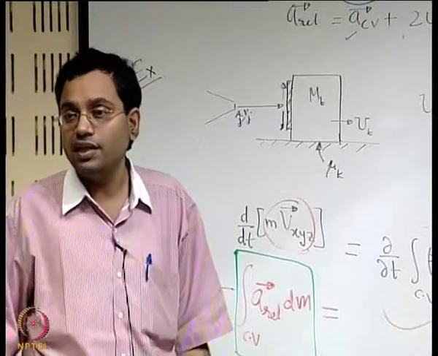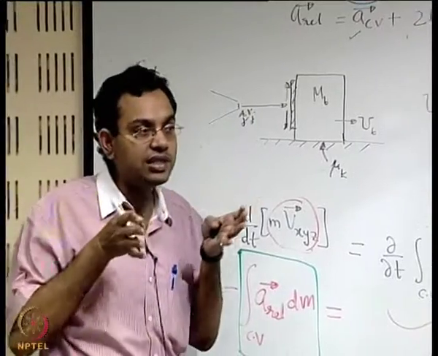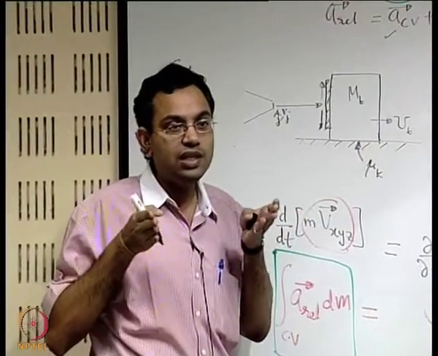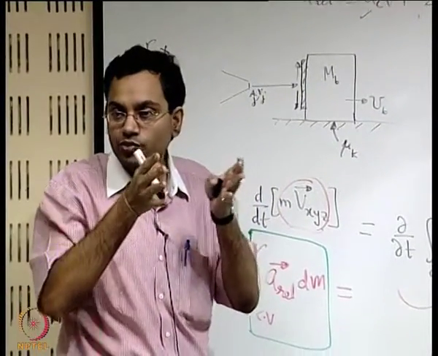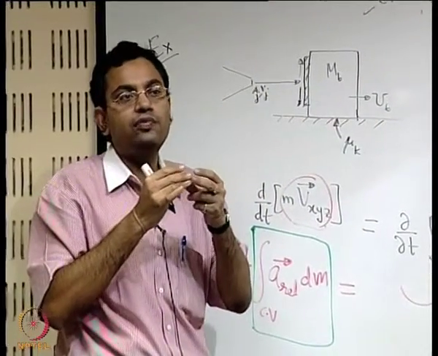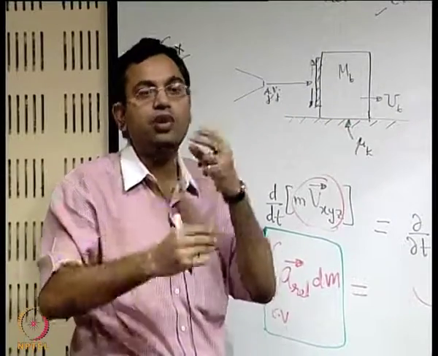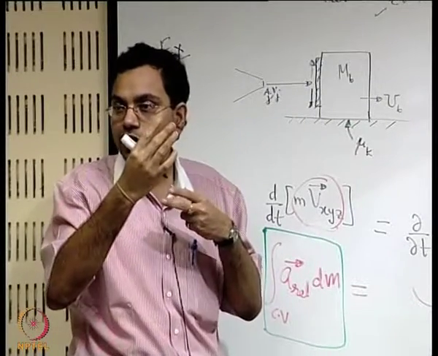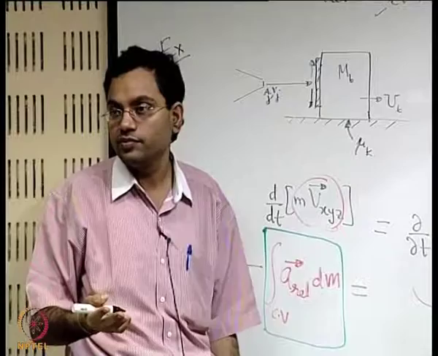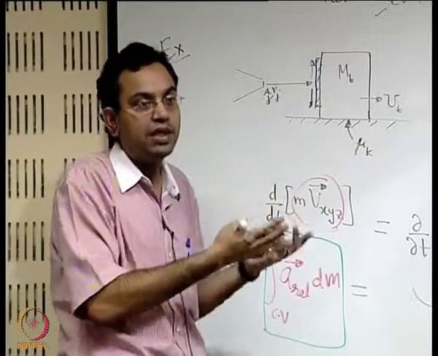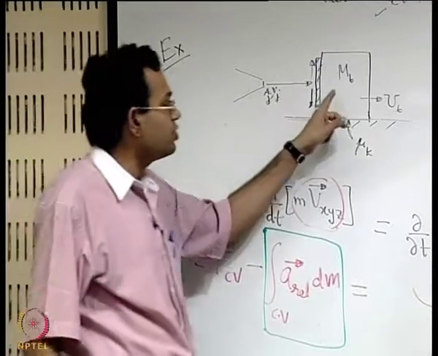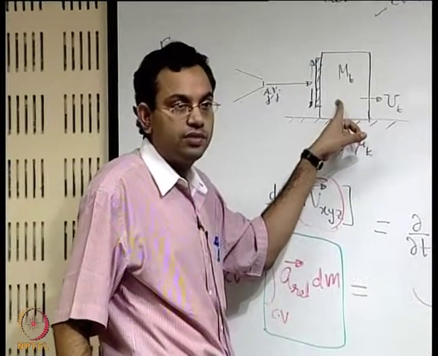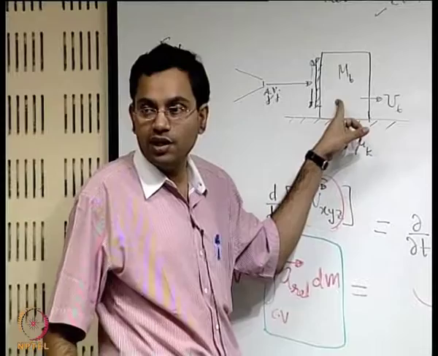In general it should be like that, because before the jet is striking on it, it is stationary. When the jet is striking on it, it will try to make it move. So its motion from 0 velocity will come to a non-zero velocity over a finite time. So there will be a finite acceleration. So it is expected in reality to be an accelerating reference frame if you choose your reference frame attached with the block, that is your small xyz attached with the block.